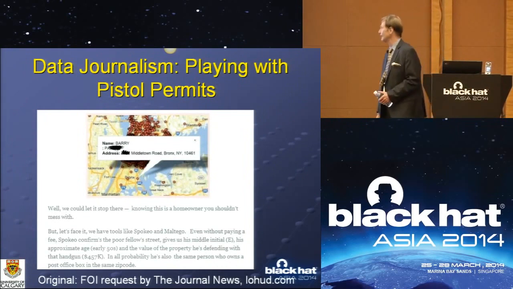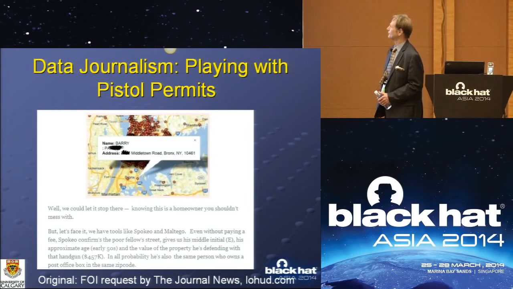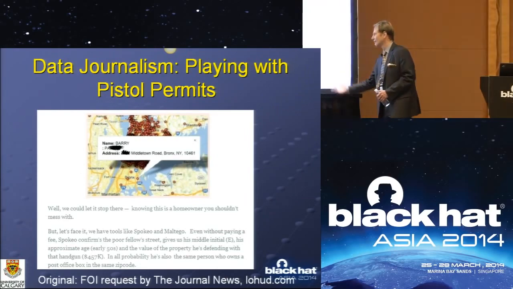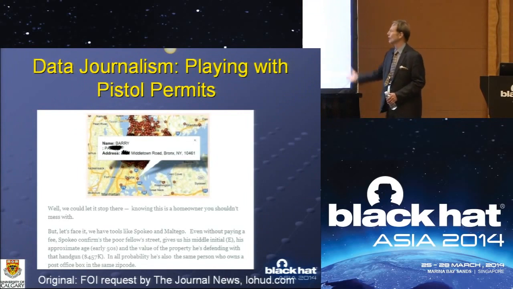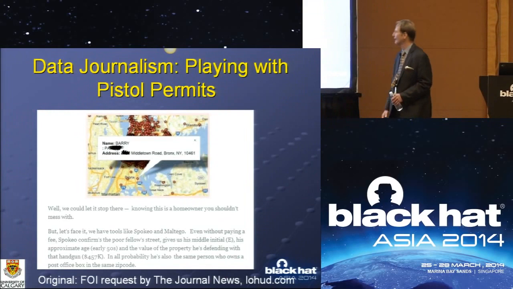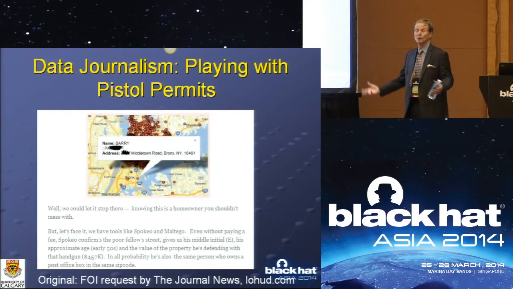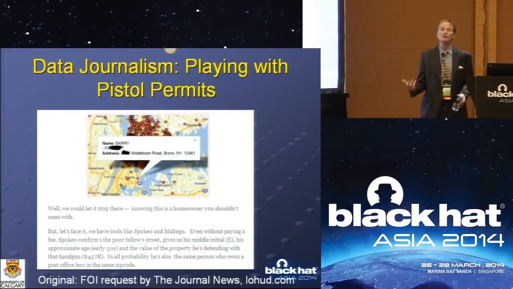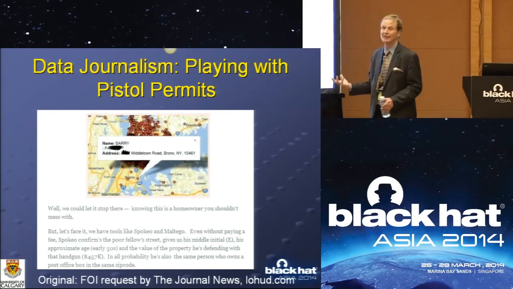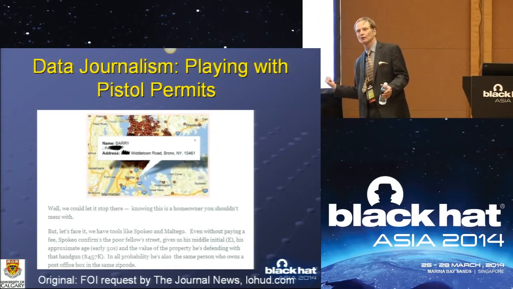And what I did is I obliterated again some of his information, but I ran Spokeo on him. I didn't even pay anything, and I got much more information about him, his approximate age, the value of his property, the fact that he has a post office box, and so on. So what's the point of this? Again, it's data jigsawing. Just using basic information about him, I got all this stuff.